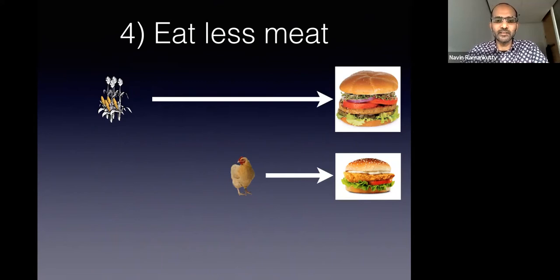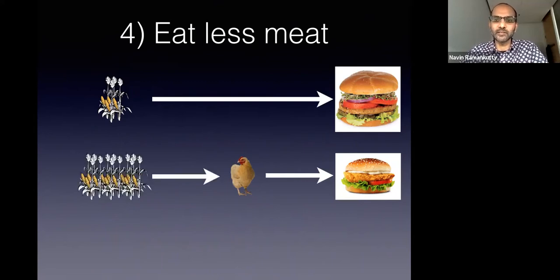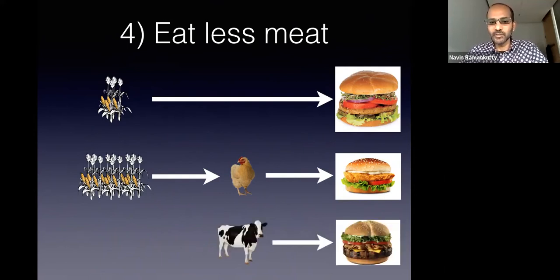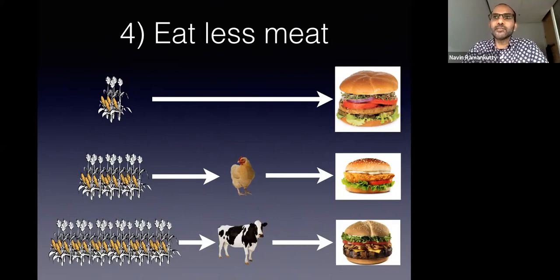that chicken needs to be fed. And it turns out that you need 3 times as much grain to feed that chicken because the chicken has to keep itself alive as well. Instead, if you had a hamburger, it turns out that roughly you need about 10 times as much grain to produce that cow that produces that hamburger. So this is not a very efficient way of getting our calories. If we ate plant food more directly, that would be a more efficient way of getting our food.